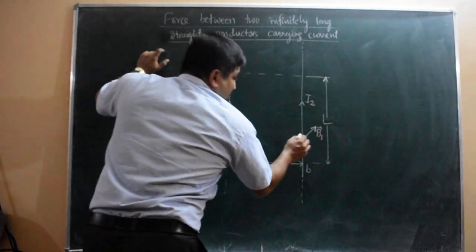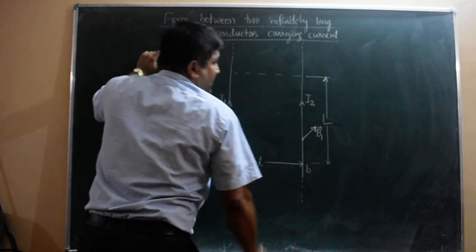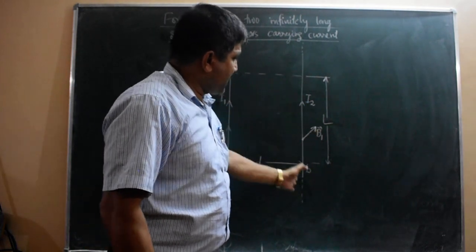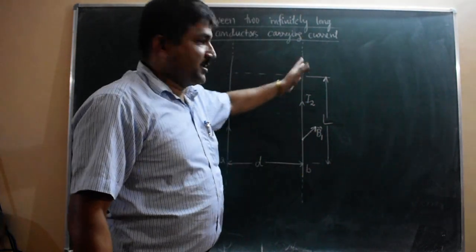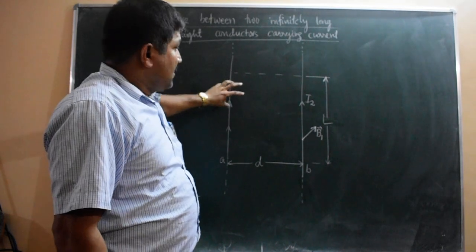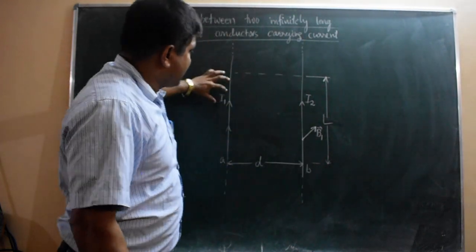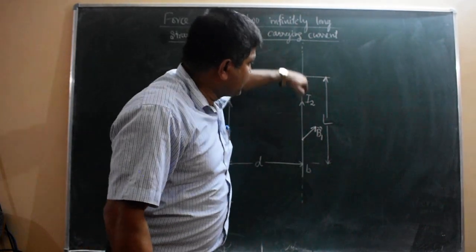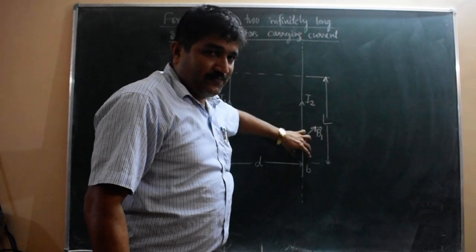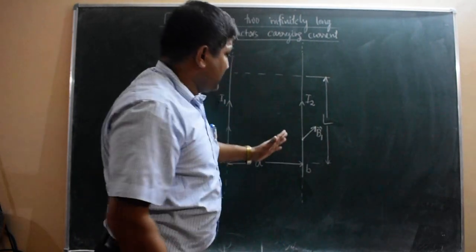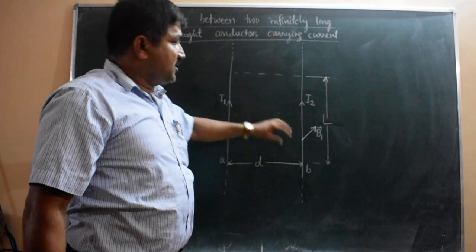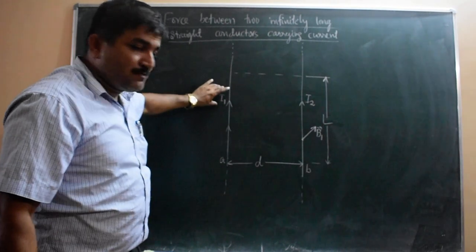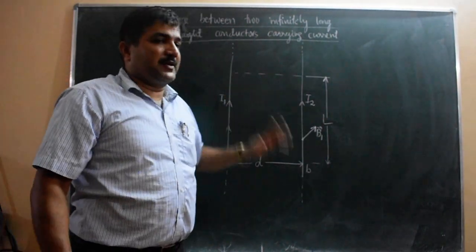Okay. Now the force on this conductor. So there is a magnetic field B1 at all points. The same magnetic field is produced along this conductor by the current I1. This current I1 produces a magnetic field whose magnitude is the same along conductor B, because the distance is the same and the current is constant throughout. So the same magnetic field is produced all along the length of conductor B by I1. So the magnetic field is B1.